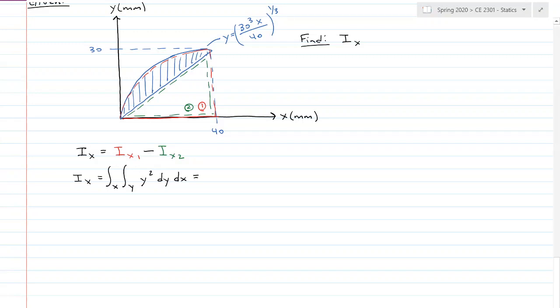So this is equal to, going to red, the integral from 0 to 40 millimeters of 1/3 times y, 30 cubed x divided by 40 to the 1/3 cubed, dx